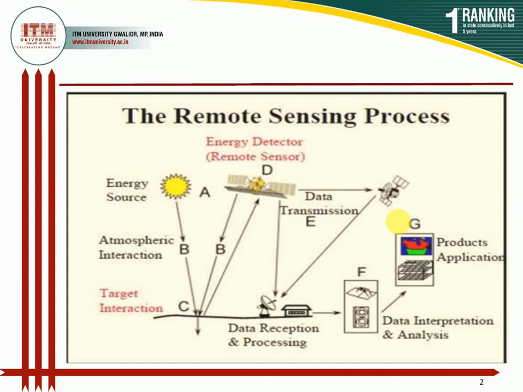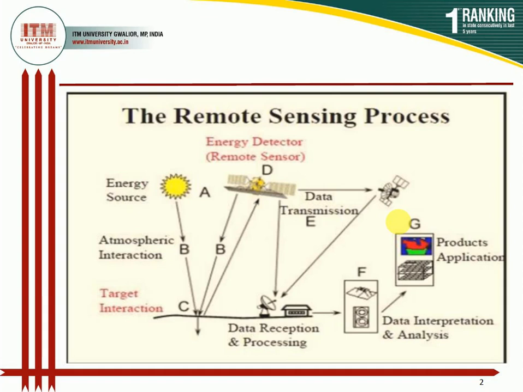In passive remote sensing, basically the source of light is natural. The sun itself acts as a source of light, source of energy. The satellite sensor, the main sensor which is used in passive remote sensing, captures the amount of radiation which is reflected back after striking a particular object on the earth's surface. Sometimes it may happen that the target will not reflect back the radiation, it will absorb all the radiation which strikes the surface of that particular target.